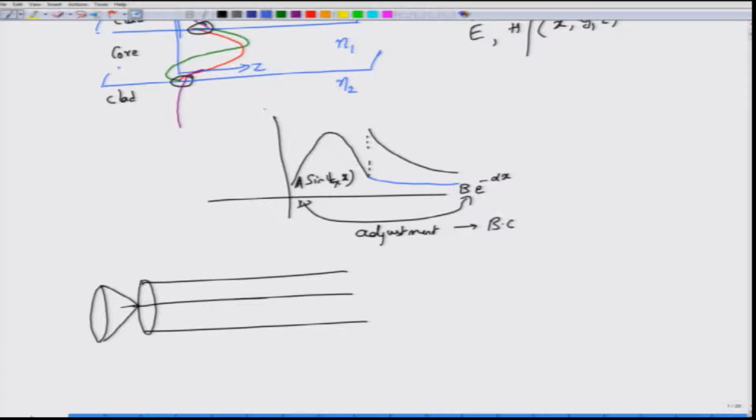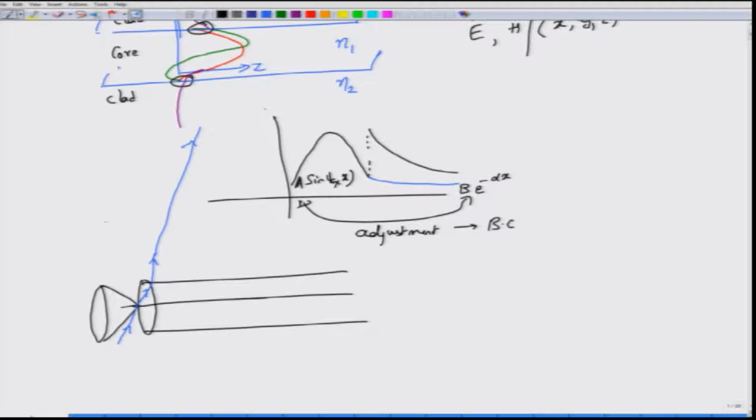However, if you choose to incident your wave outside this acceptance angle, then it would simply propagate out into the cladding. So it will not actually be guided, but rather it escapes into the cladding. However, if the cladding were to be truly infinite in extent, then this would have continued to radiate all the way to infinity, right. The energy would be radiated all the way to infinity.